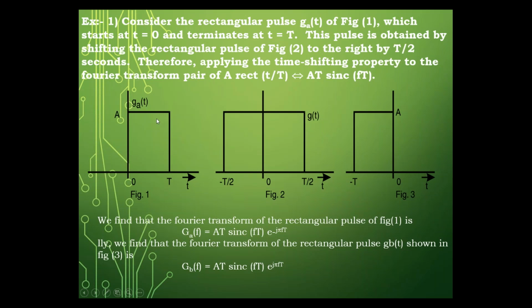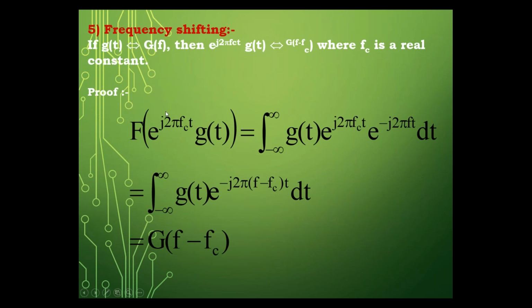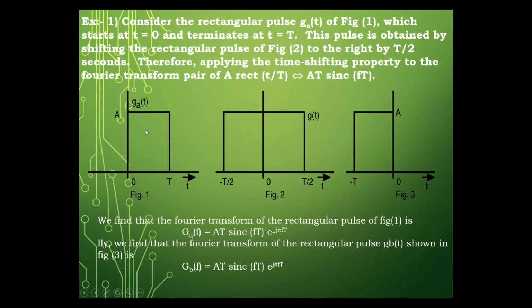This shift I can write it as, so there is some problem. Actually, see, this I can write it as g of t minus T by 2. This I can write it as g of t. Tell me, how can I write figure 3? Please post it in the chat box how I can write the mathematical equation for figure 3.